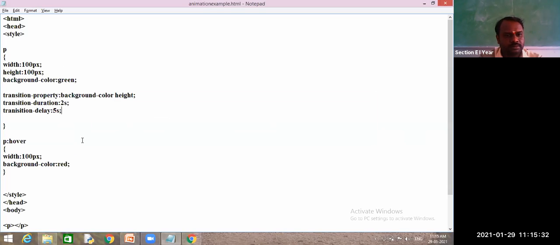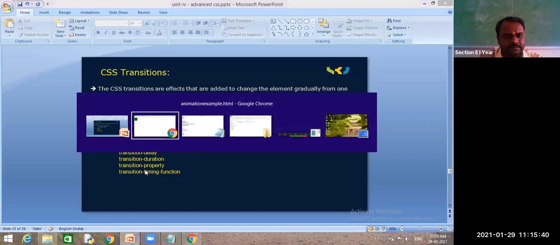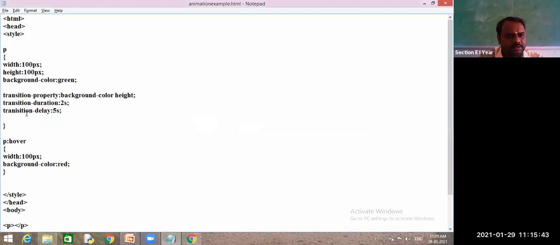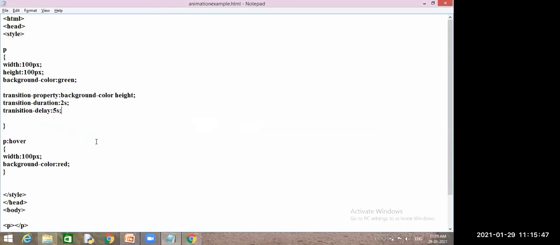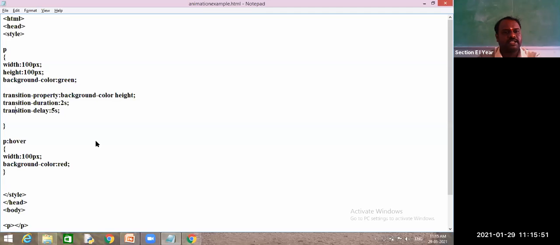See, my mouse has moved. Transition delay. Now you check. See, my mouse moved, and it waited 1, 2, 3, 4, 5 seconds.